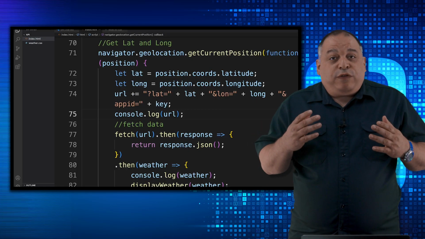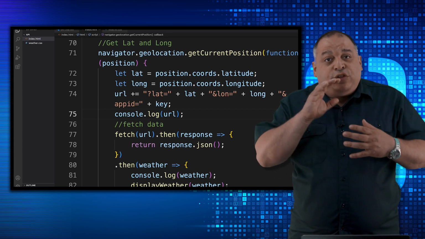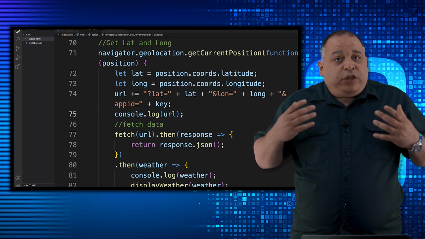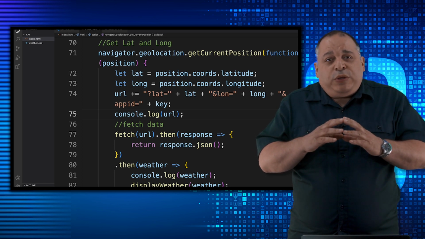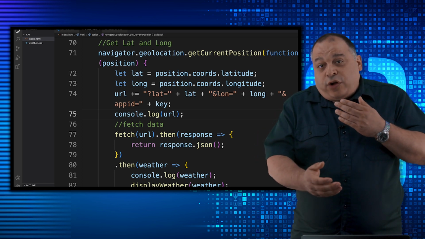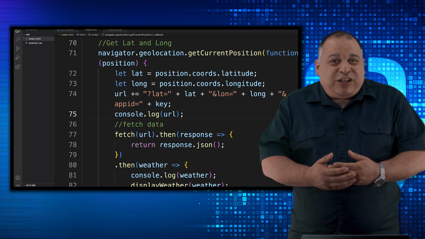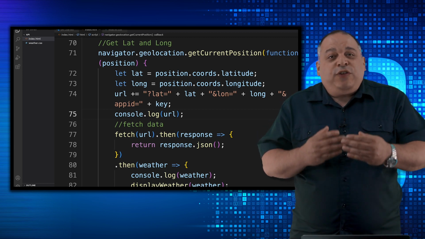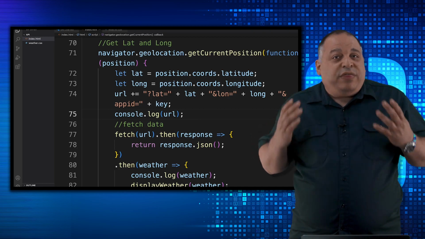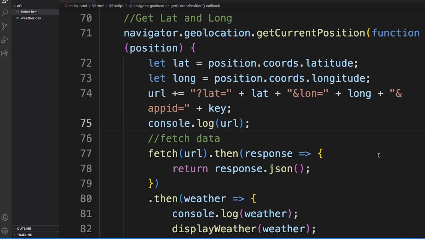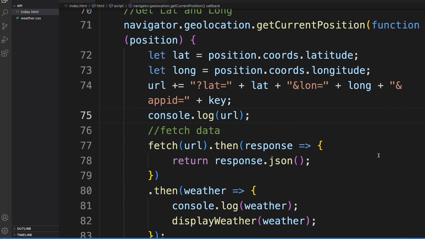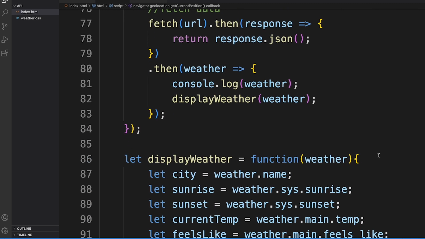The reason we use fetch is we don't know how long it's going to take the server to respond when we query it. So because we don't know how long, we essentially ask our program to wait with the fetch command. That's why it's fetch then. Once the server responds, then we run the then clause. So once we get the response, we convert it to JSON. Then we take all that data on line 82, you saw the string that comes back, and we send it to the display weather function, which starts on line 86.